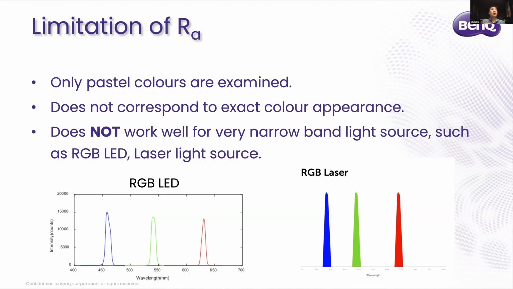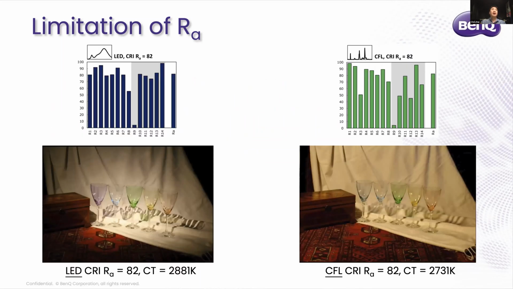For example, RGB LED. Some monitors nowadays are RGB LED, or some projectors have laser light sources. They're not applicable to the CRI evaluation. Okay, so probably some lighting that is like RGB LED, they don't apply to CRI calculations, okay? And we can see the limitation of RA in this example here, because these two photographs